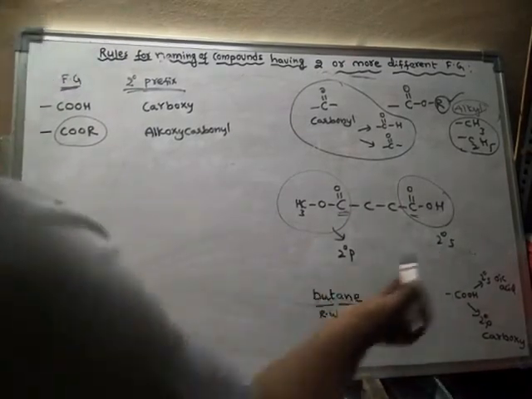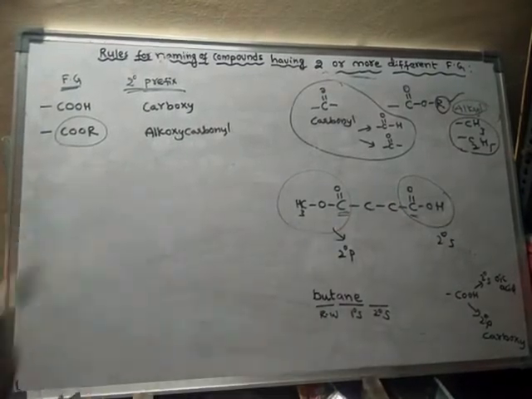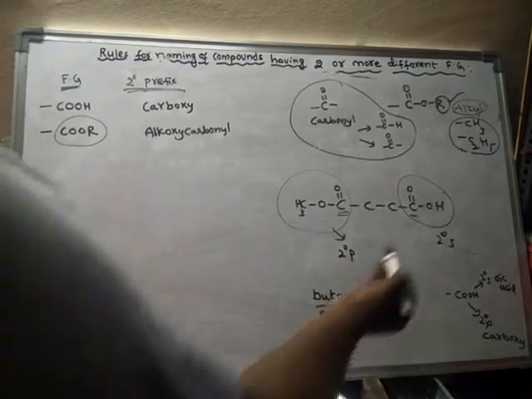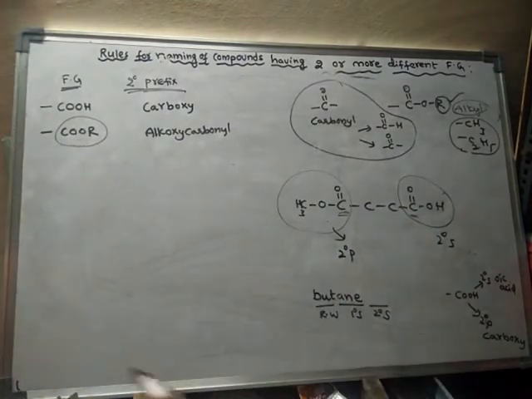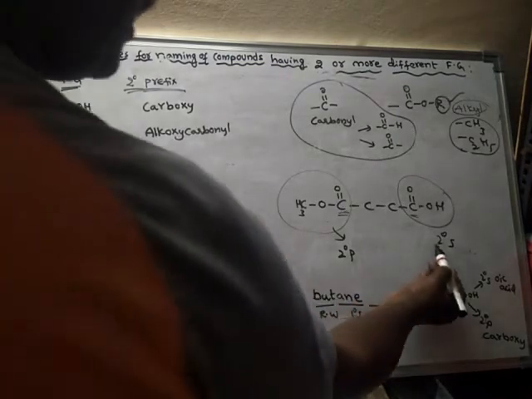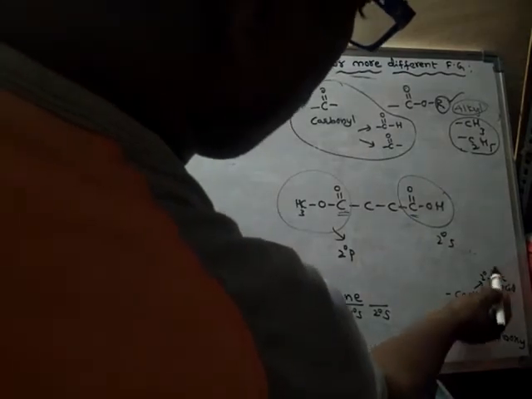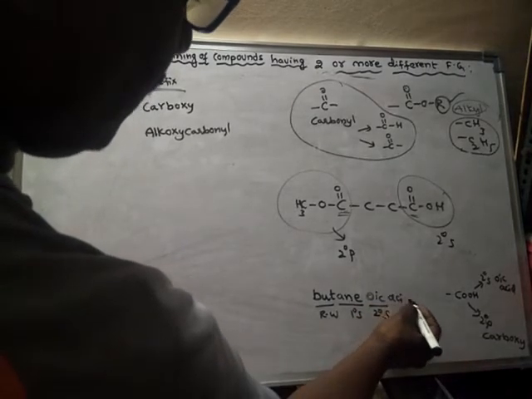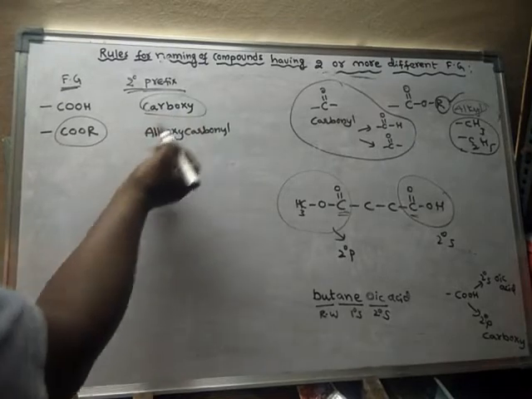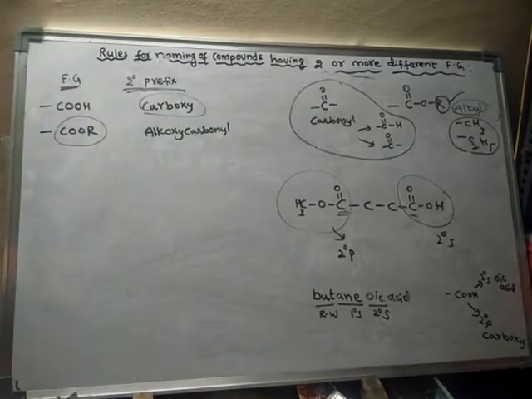So this COOH group is acting as the secondary suffix. It is not acting as a secondary prefix because this is the main functional group. According to the priority order that we have just learnt, this will be the highest priority functional group. Hence, the principal functional group will always act as the secondary suffix. So the secondary suffix name of COOH is oic acid. So I'll write oic acid here. I should not write the name carboxy, because that name is used only when COOH acts as a secondary prefix.